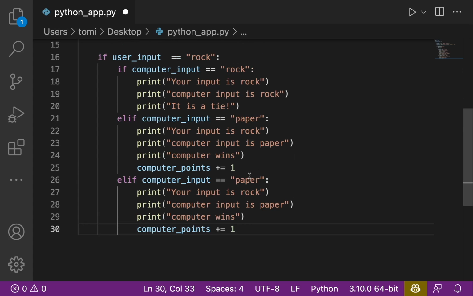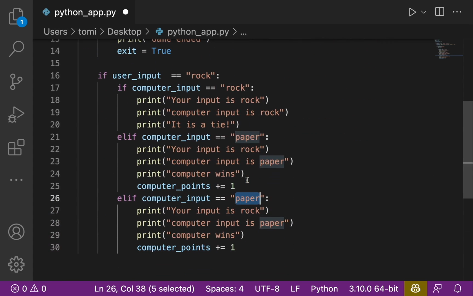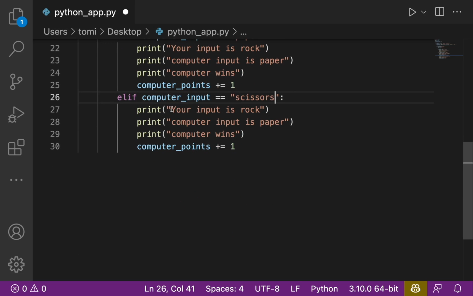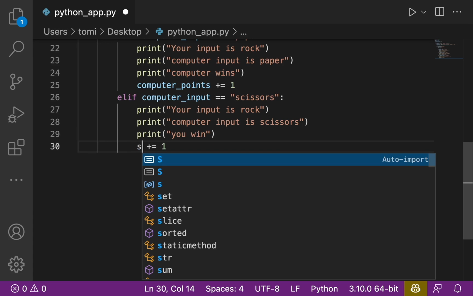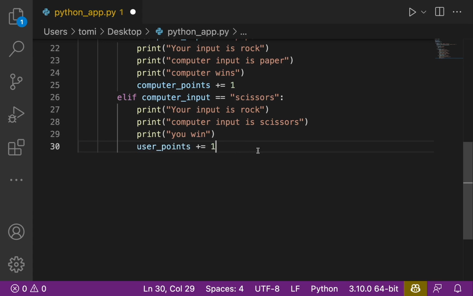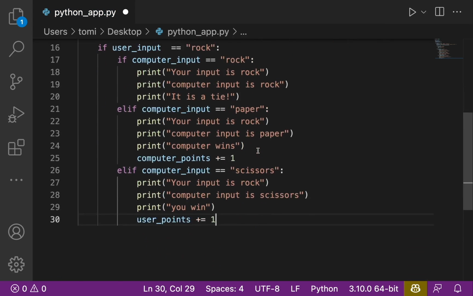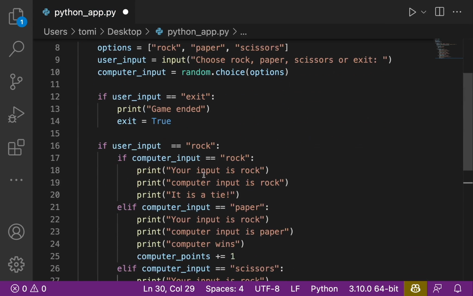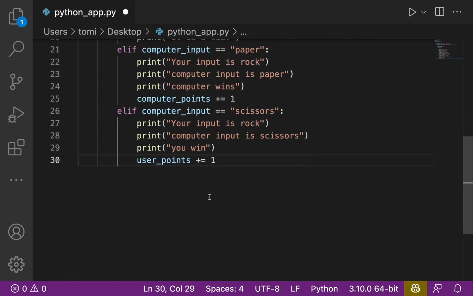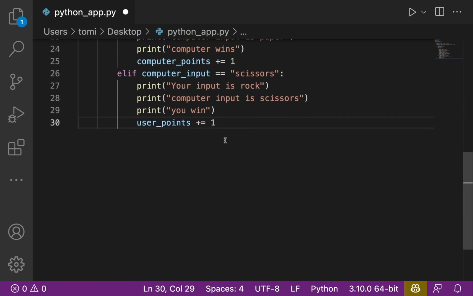if the computer now inputs scissors, then we want to say your input is rock, the computer inputs scissors, then you win. And then we're going to say user point plus equals 1. So this is the basic logic of what we're going to use to build this program. And then we're going to continue by saying in here we're going to have